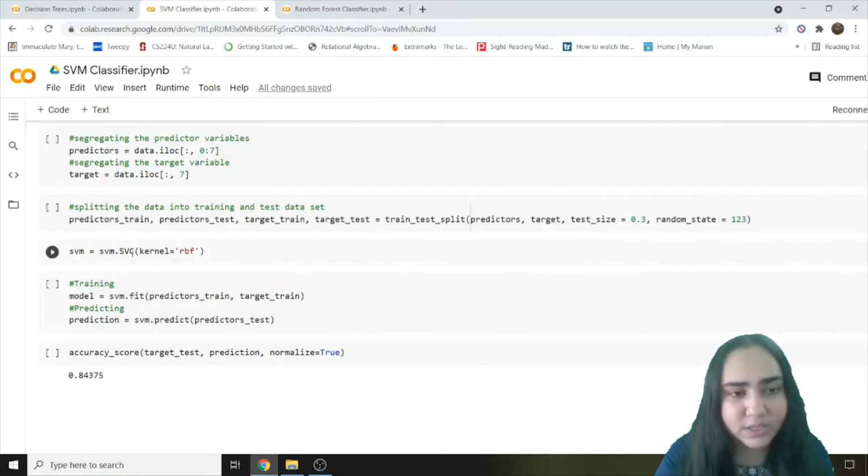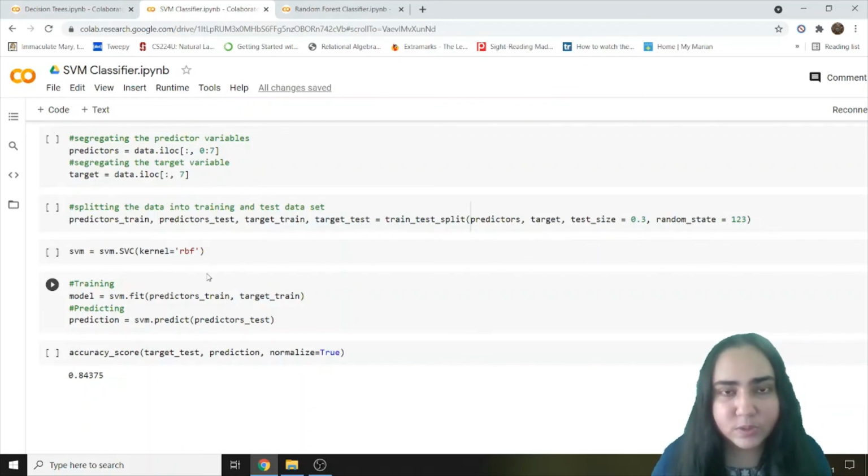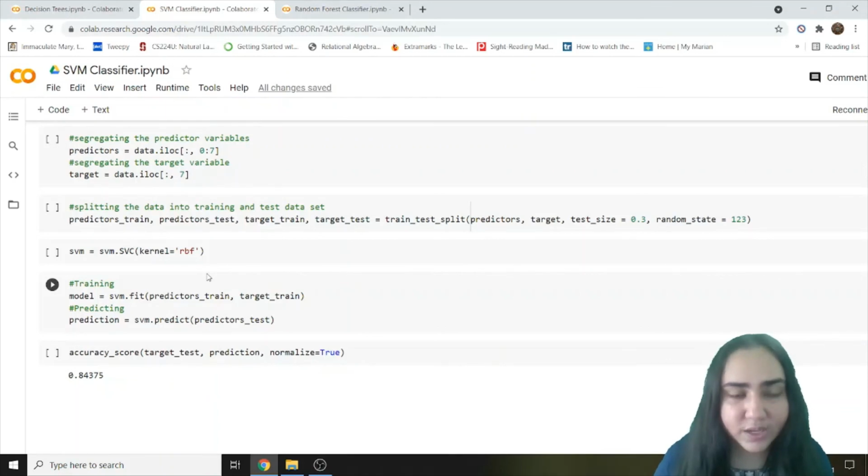Now what we are doing is creating the support vector machine object, which we can do by calling this function SVC and passing into it the type of kernel you want. So we haven't been able to discuss what kinds of kernels are there, but there are different types of kernels like linear, polynomial, and RBF. You don't need to get into the details of that, but you can try them out. So we are using the RBF kernel over here and creating this object.